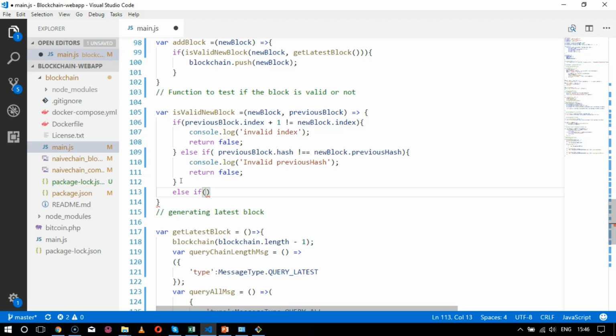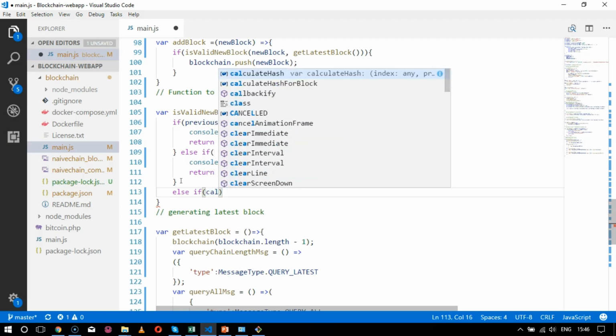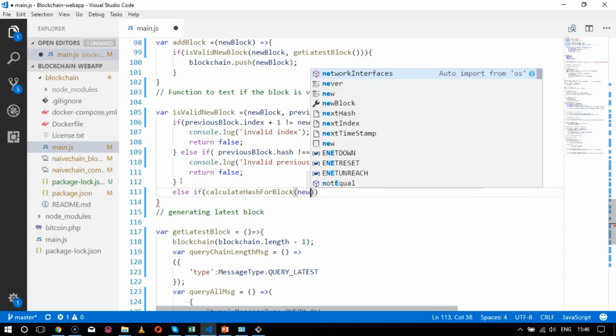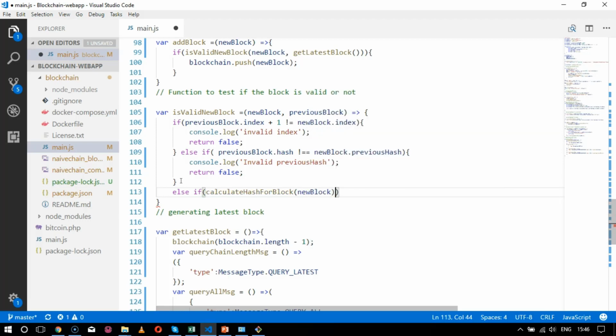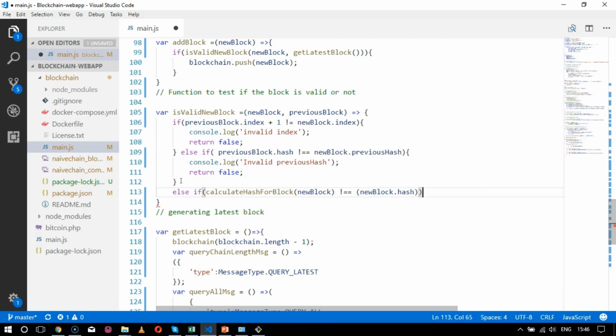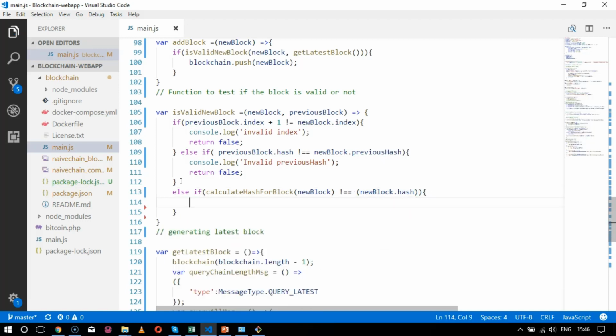Now it will be calculated as calculate, the function which we had, calculate hash for block, and there I'll send a parameter of new block. If the calculate hash for block is not equal to the parameter for new block dot hash, which means that if my hash of the previous block is not matching with the hash of the previous block, exact hash value, the way we always create the blockchain, well, in that scenario we need to print console.log